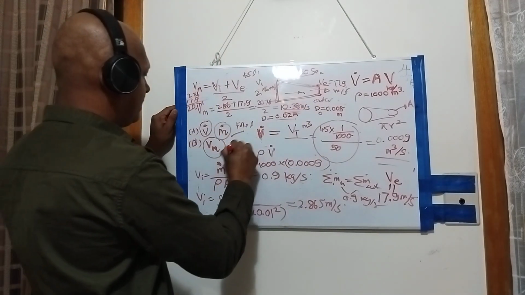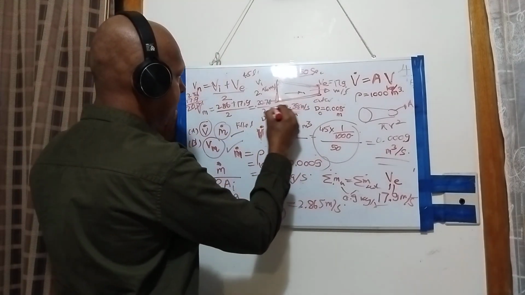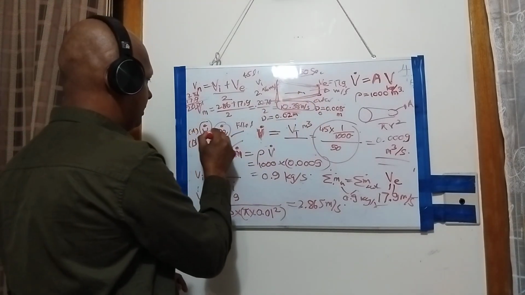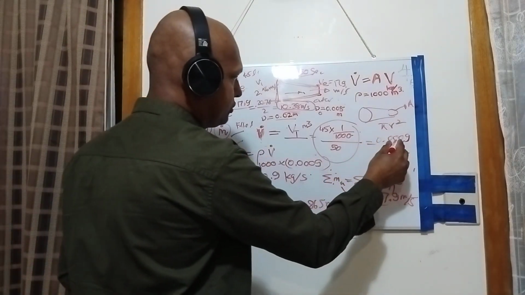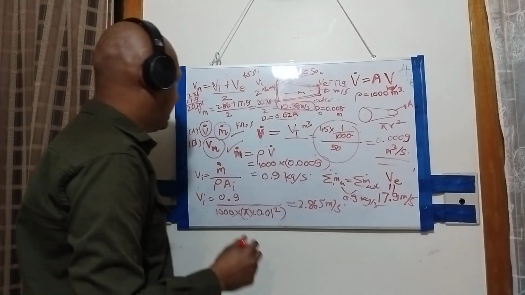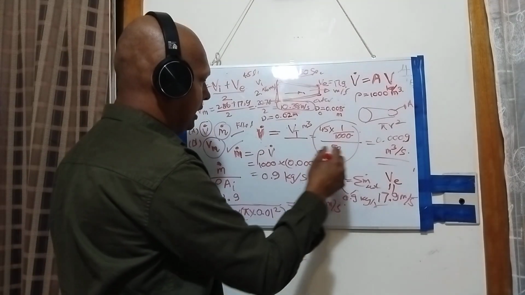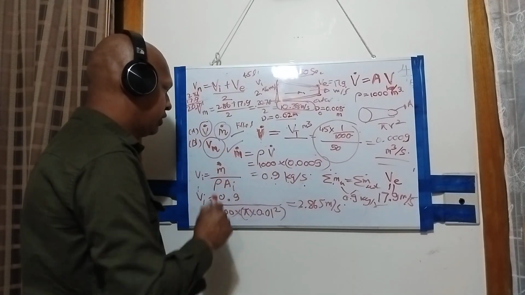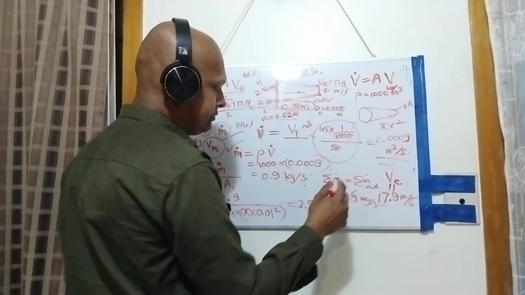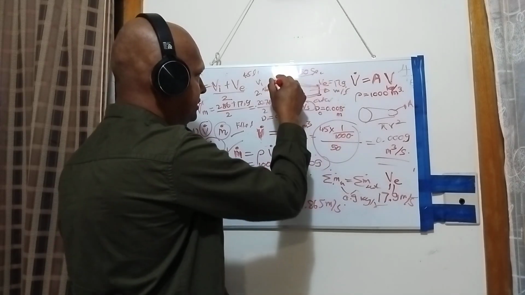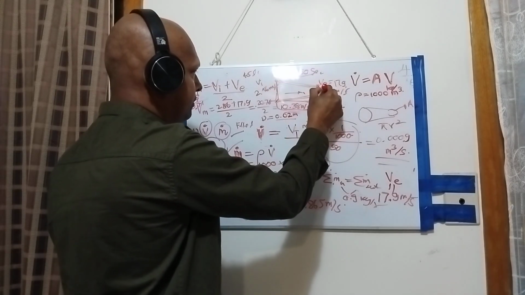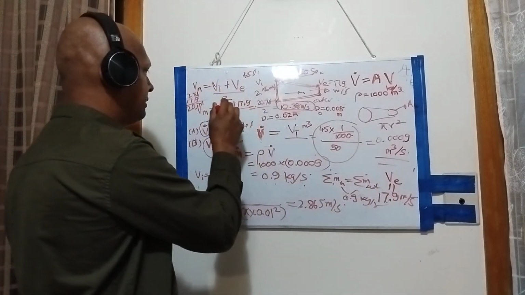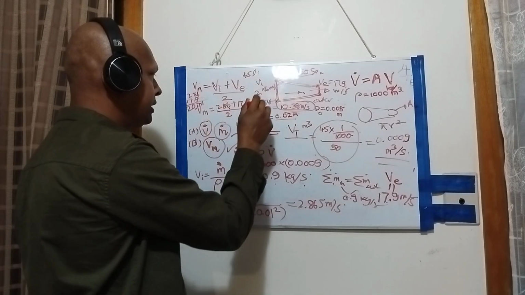So that gives the answer. So we found the volume flow rate, which is 0.009 cubic meters per second, and the mass flow rate, which is 0.9 kilograms per second, and the mean velocity, which is the velocity at the inlet of the nozzle and the outlet of the nozzle divided by 2. So which is 17.9 plus 2.86 divided by 2, which is